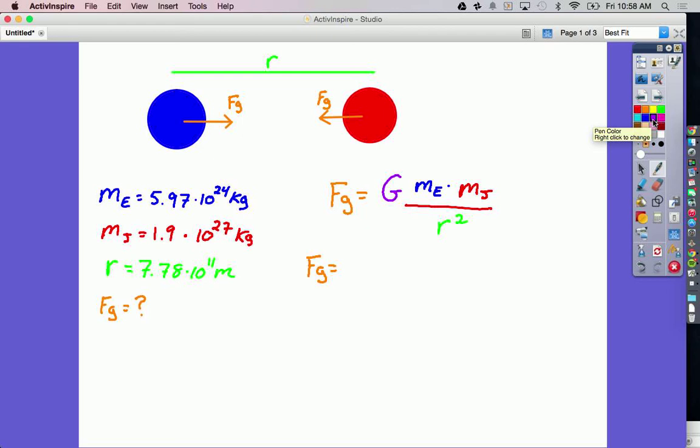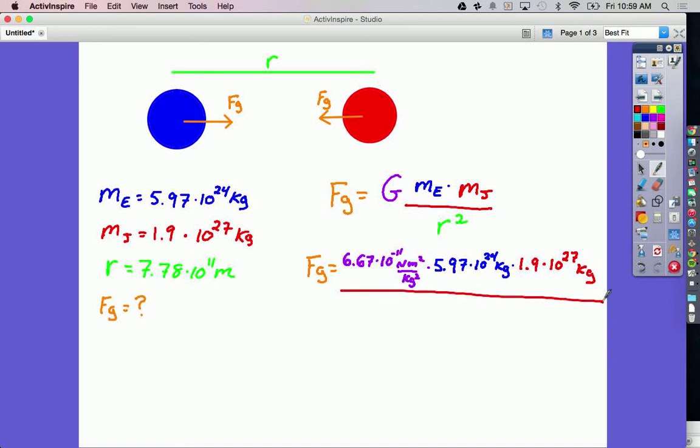I probably have to write pretty small because these are pretty long and large numbers. G, we've learned, is a constant, so it's always 6.67 times 10 to the negative 11. That's Newton meters squared per kilogram squared. Mass of the Earth is 5.97 times 10 to the 24th kilograms. And the mass of Jupiter is 1.9 times 10 to the 27th